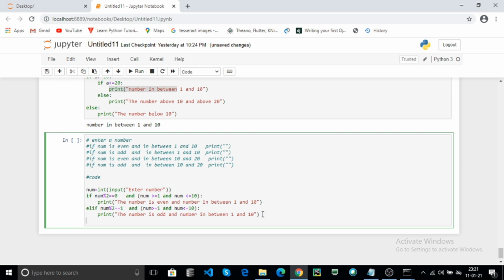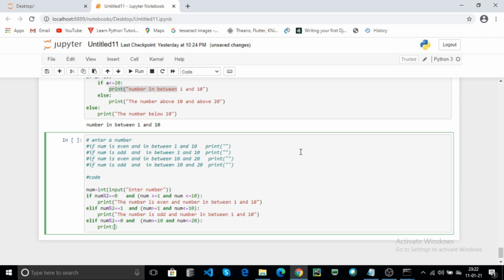And another condition: number mod 2 equal to 0, the number is even, and, this is the and. Use another condition: the number is in between 10 and 20, ended with a colon, and print some data.